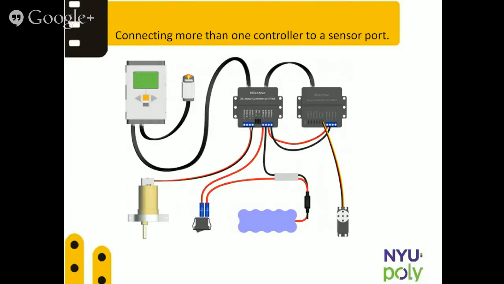Now if we connected the servo controller directly to the brick, we would have wasted one more output from our brick. So instead of doing that, we can daisy chain even the control instructions by connecting the thick black wire from the DC motor controller to the servo controller. We can obviously choose not to do that. We can connect it directly to the brick, but this is also a fairly